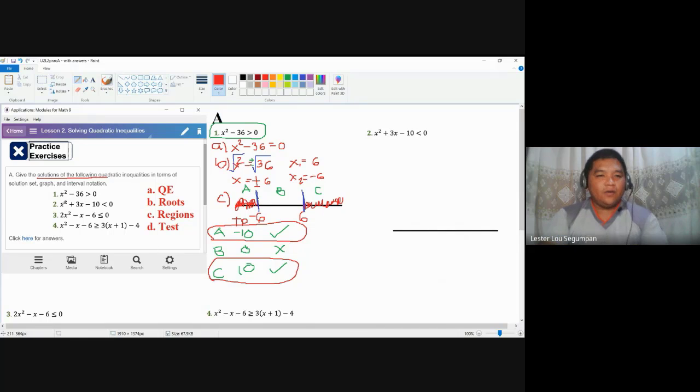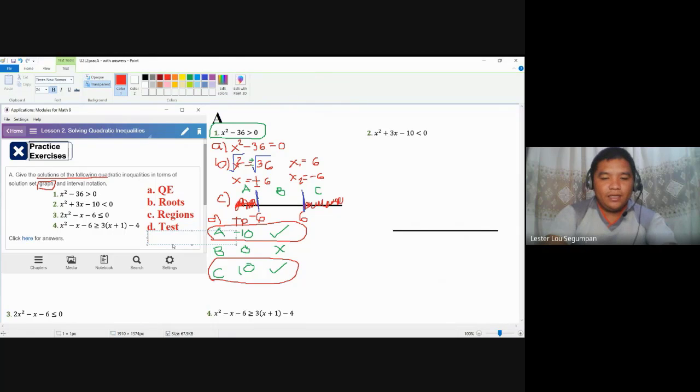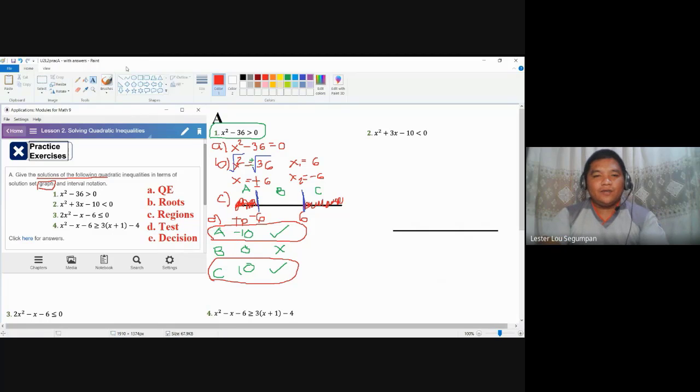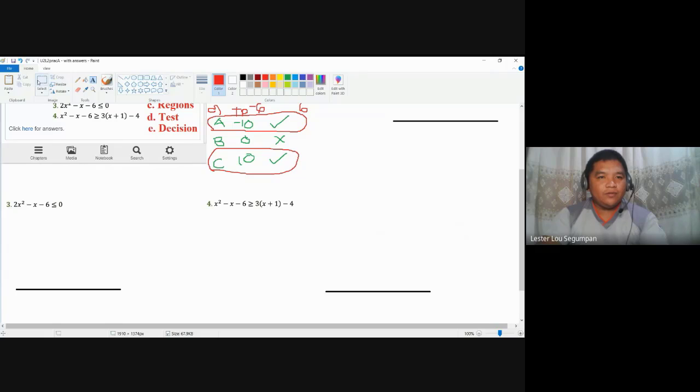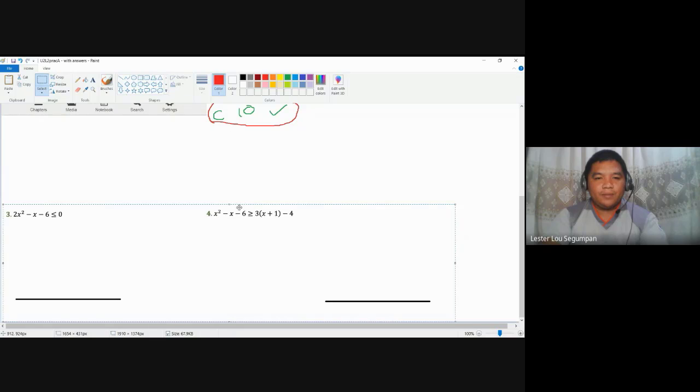Okay, so I'm going to just separate the graph. You may not do the graph later. So what are these regions here? The regions here, this is actually for letter D, or this is step D. If we are to add step E, if you want, then you will have here your solution, or rather, decision. So for letter E, let me remove this down a little bit, just for more space.